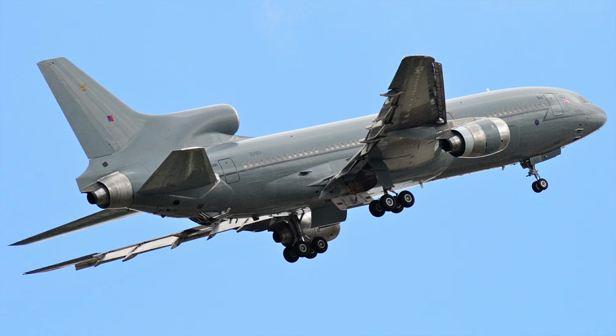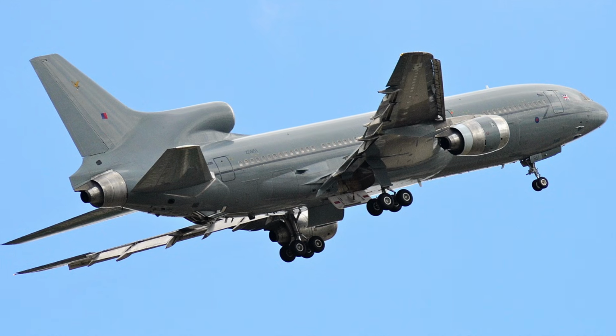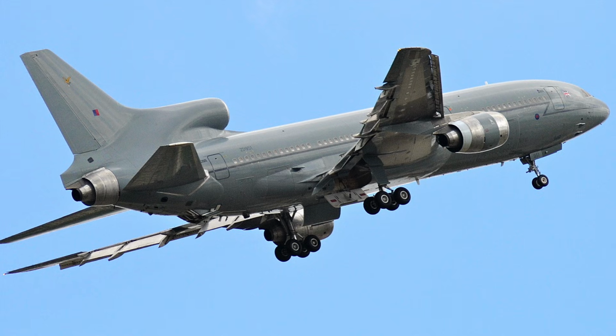But the decision to build one of the first 2 trijet transports in the world opened a whole new can of worms. Where do you put 3 engines? 2 slung under the wings, 707 style, and the third one on the tail. A few years later, the Lockheed 1011, for instance, would adopt this option, but Boeing were leaning very heavily on